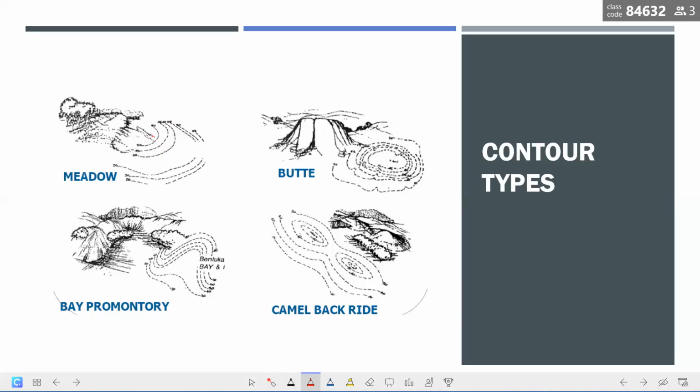So you can sort of visualize that this landform is relatively flat, although there are steeper parts here and there, but all in all, on average, it's relatively flat. And then here is a